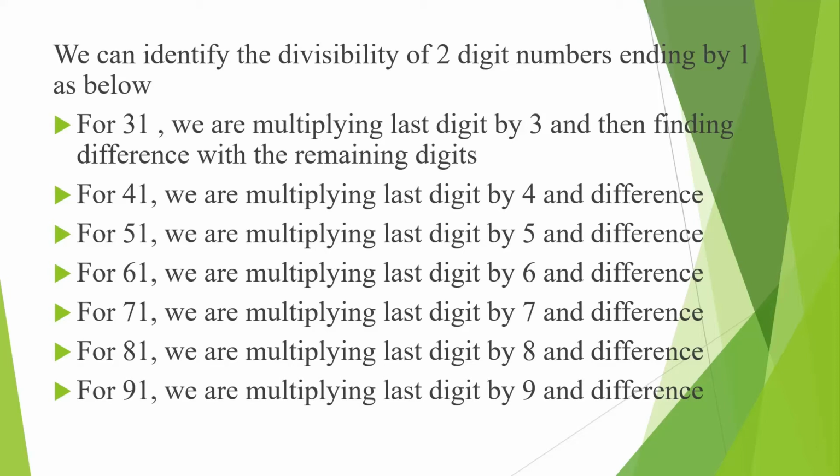Here also we find a pattern kind of. That is, for 31, we have to consider the tens digit alone. So we can easily correlate the pattern and we can easily use the divisibility rules and identify for bigger numbers. Using these divisibility rules, we can easily check whether a bigger number is divisible by these numbers.